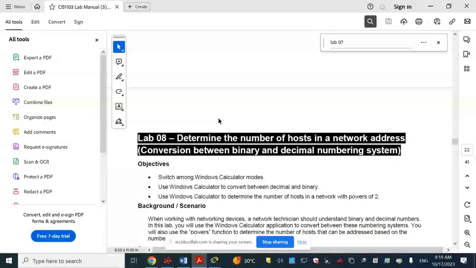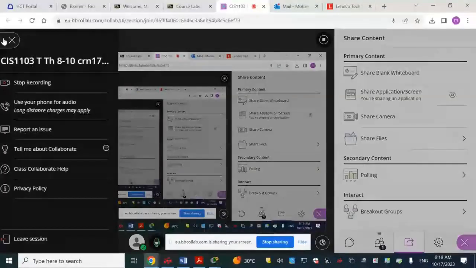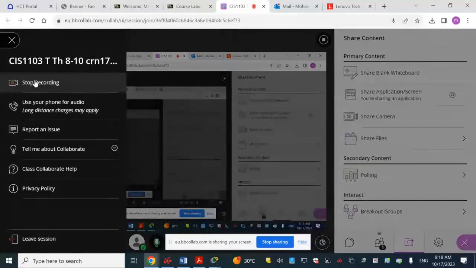Okay, we are done with the lab. Lab 7. We are done now with Lab 7. I stop the recording. I know some students are not here, they are absent, so they will